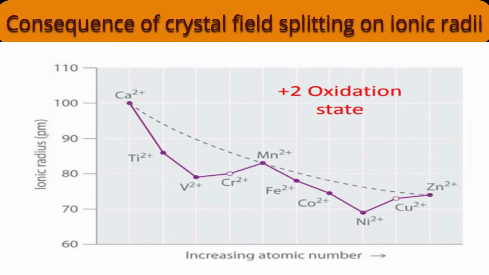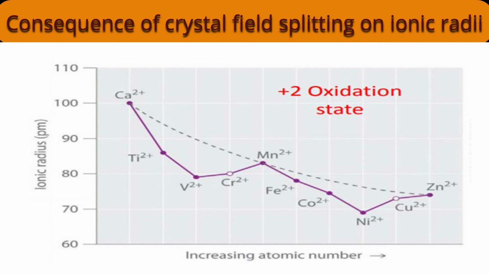See the next element, manganese plus 2. Here, the electronic configuration is t2g3 eg2. Yes, now in the eg orbital, two electrons are there. Those two electrons will shield the ligand field. They will not allow the ligand to approach closer, and because of that, size will be bigger compared to chromium plus 2, and CFSE is 0, a normal situation. It means as good as splitting has not occurred. A spherical, hypothetical symmetrical field situation is there. Therefore, we found the manganese plus 2 size is as was expected. It is on the dotted line.